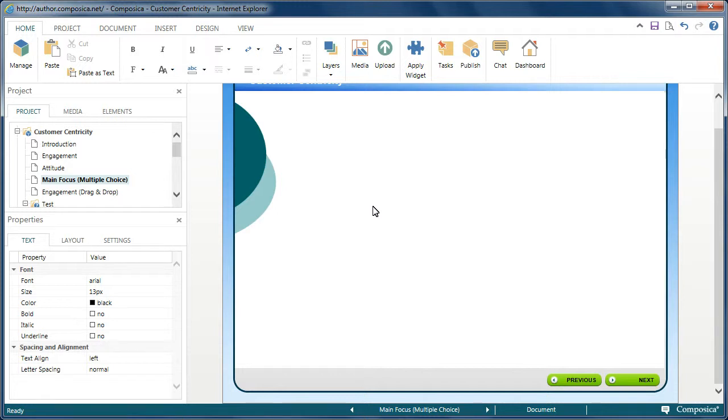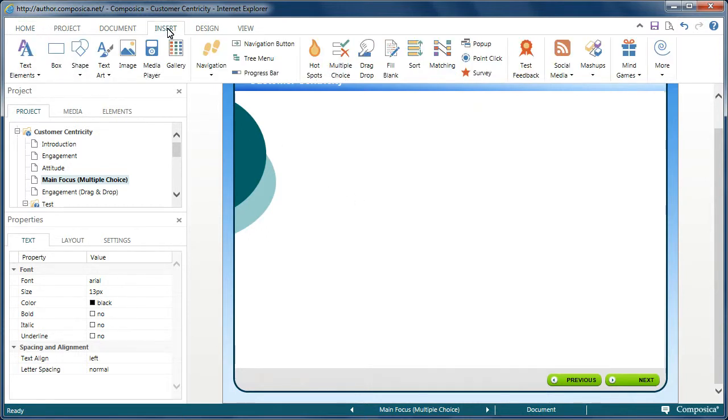In this video, let's take a look at how to add activities to our document page in our Composica course. To start, we'll go over to the Insert ribbon. Now, activities may include hotspots, multiple choice, drag and drop, fill in the blank, sort, matching, pop-ups, point clicks, and